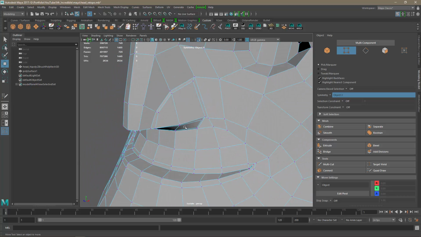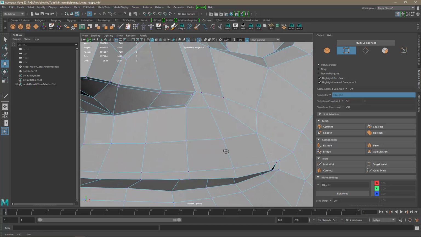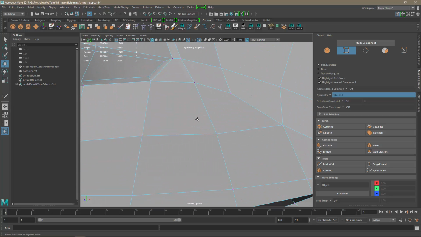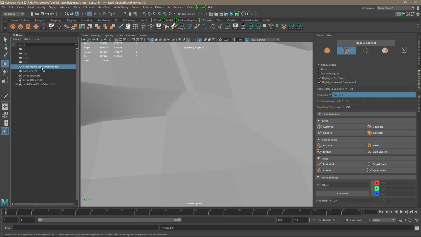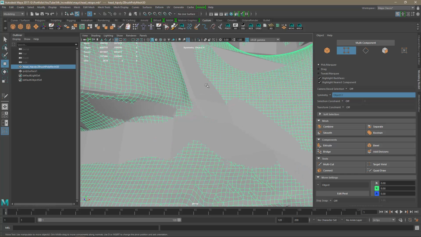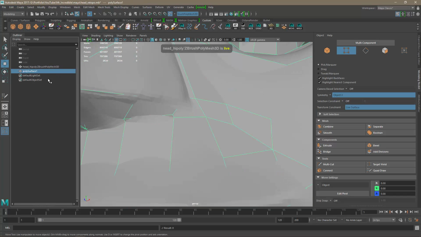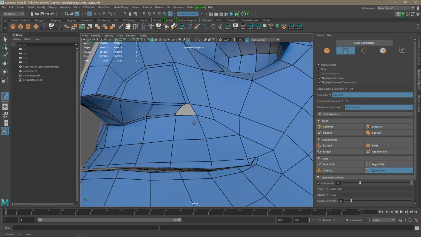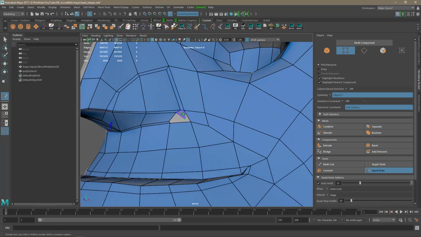Actually, what I can do, yeah, I should, instead of doing this, let me go out. So I'm gonna select my original mesh and now go back to Quad Draw, which is a little bit easier to use, and I'm going to delete, whoops, wrong one. I'm going to delete this,